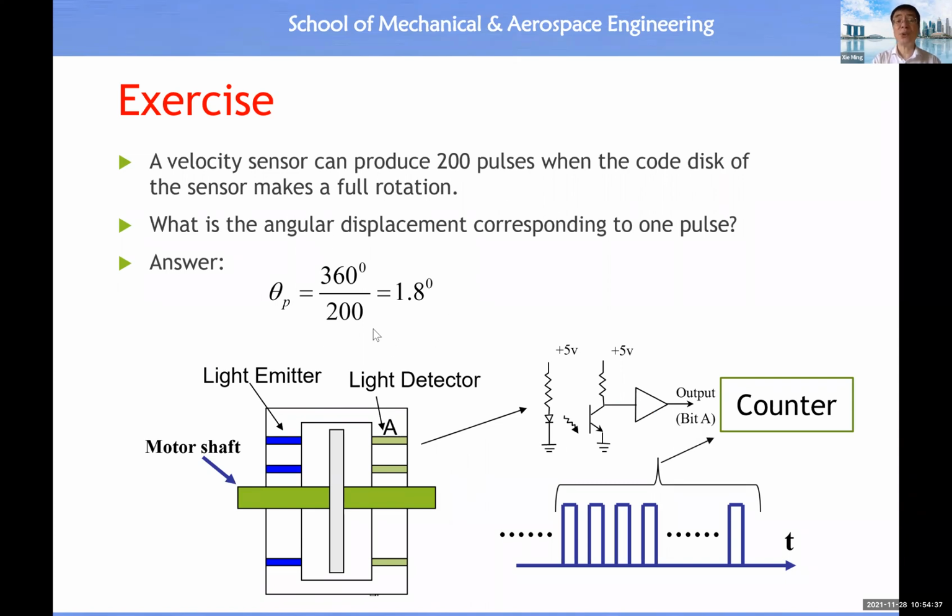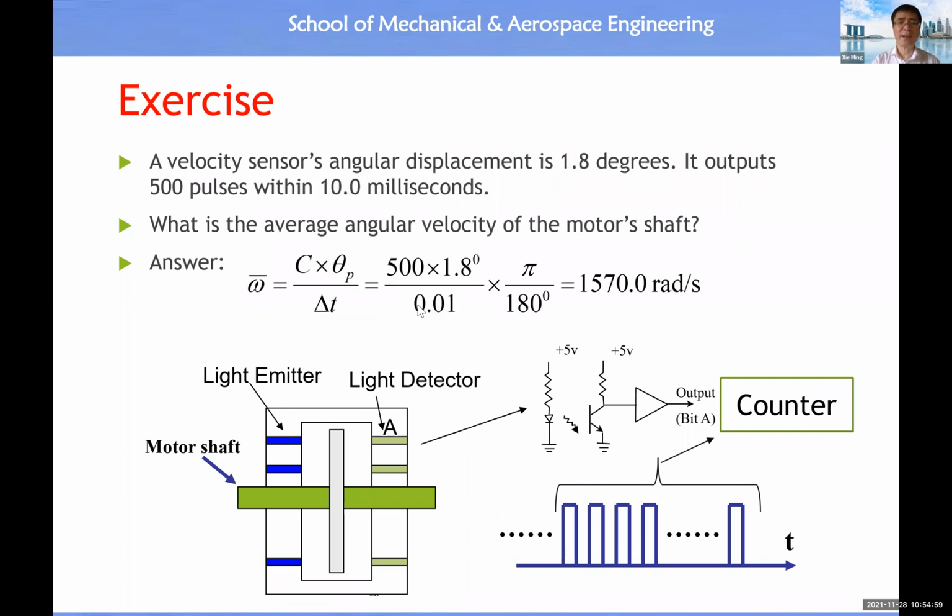Then we ask you to determine what should be the pitch angle from this sensor. So the answer will be 360 degrees divided by 200, then the result is 1.8 degrees, all right? So here it means when you have a counter to count all these pulses, each period corresponds to